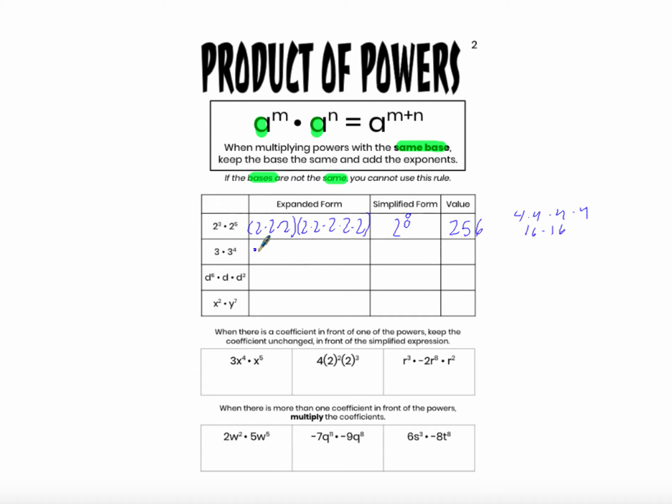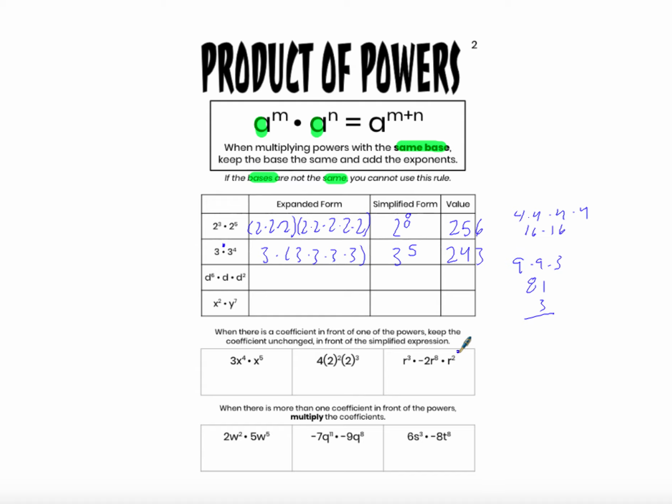Here we have 3 times 3 to the fourth. This is a common source of mistake. This invisible exponent is not an exponent of 0, it's an exponent of 1. So if you're using the rule, you need to do 3 to the 1 plus 4, or 3 to the fifth. That's going to be 9 times 9 times 3, 81 times 3,